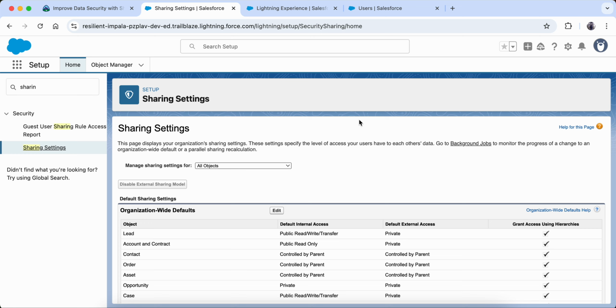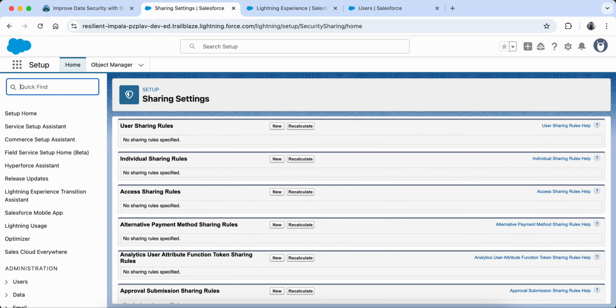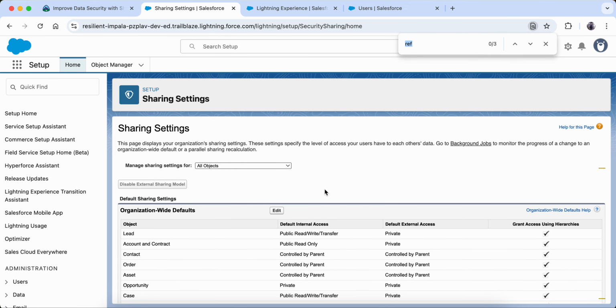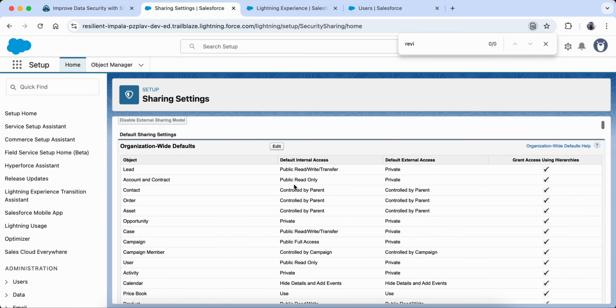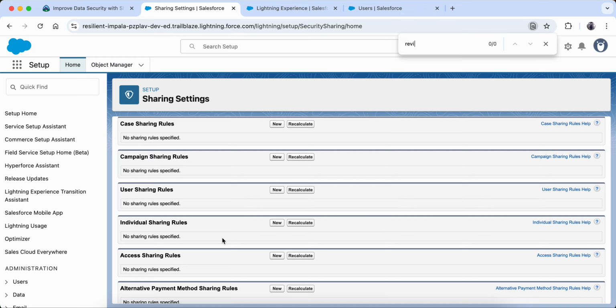Oh, somehow the find is not working for me, I don't know why. But you all can do find and see where is that review. Oh, because I am selecting something here, that's why it is not working. So let me do review. Okay, this was the name, right? Review. So let me see where we have that.